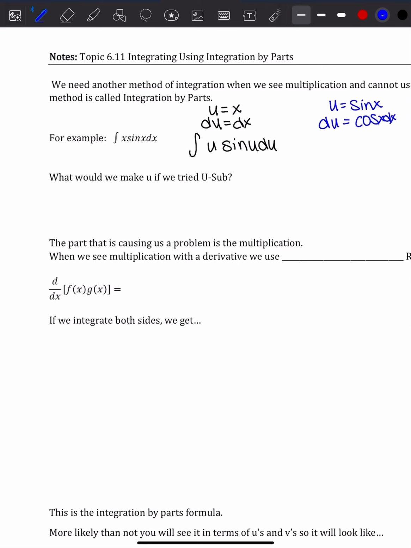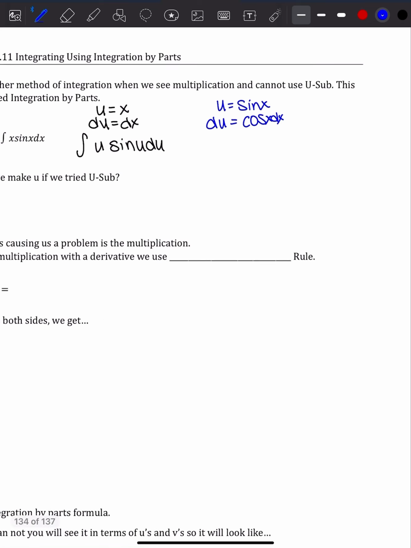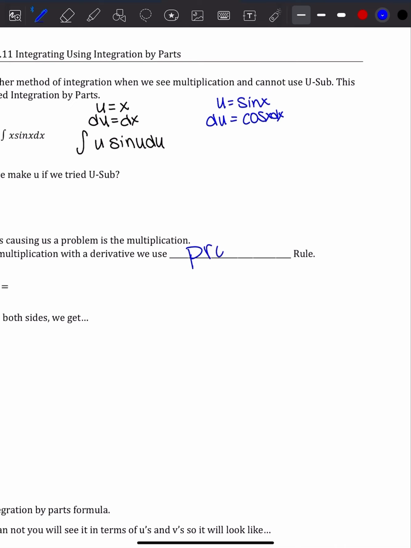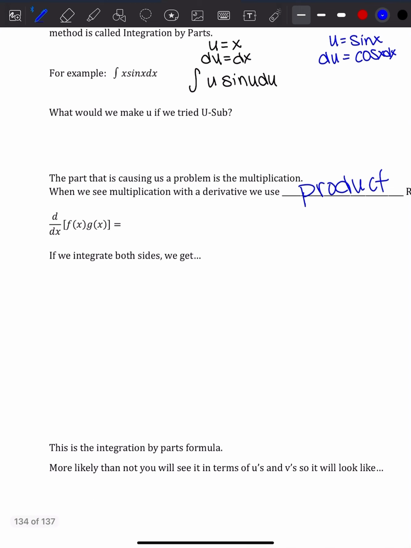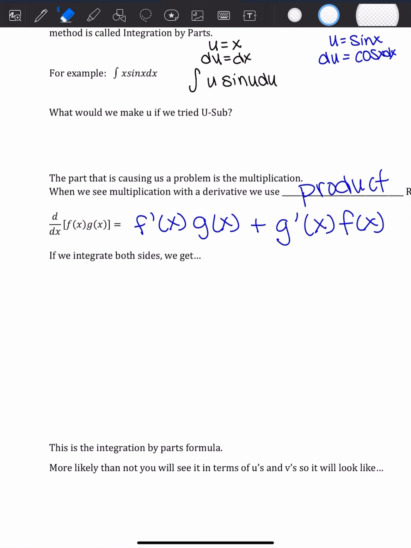So the part of this problem that's causing us an issue is that multiplication between x and sine of x. And whenever we see multiplication with a derivative, we use product rule. So we're going to take a second and look at product rule again here. So I wrote down f of x and g of x, so we know with product rule, f prime of x times g of x plus g prime of x f of x,